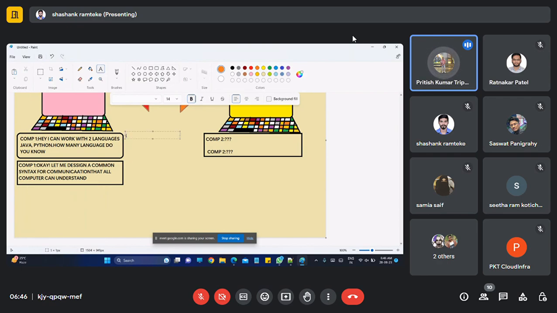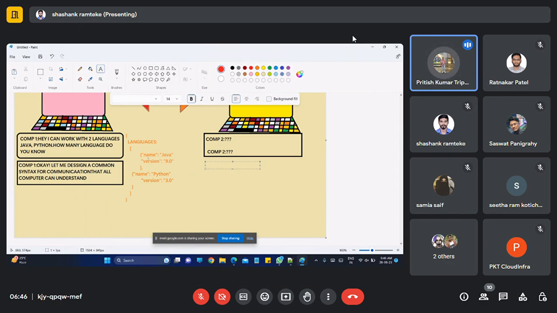So this is the design he has prepared. Now what will happen? Now this computer 2, what he will give,